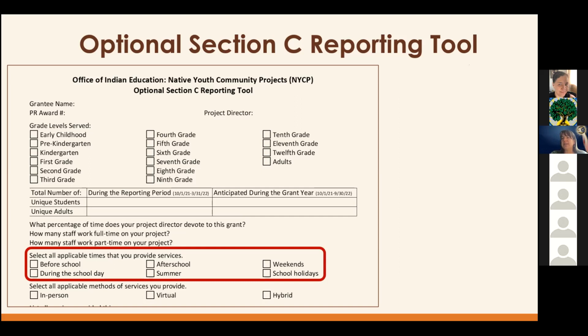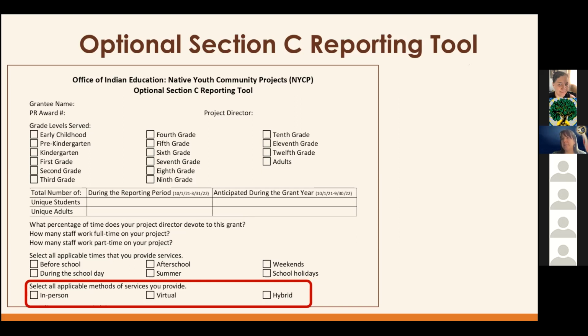Click off in this section here all applicable times that this grant project provides services. It could be before, during, after school, weekends, holidays. Check all that apply there. And then this question asks about the methods of services that you're providing. And there's a little nuance here. So some of your services might be all in person, so you would click that you provide in-person services.